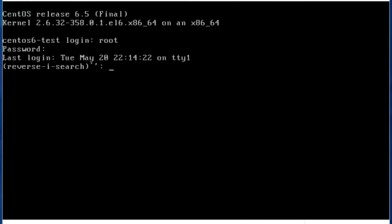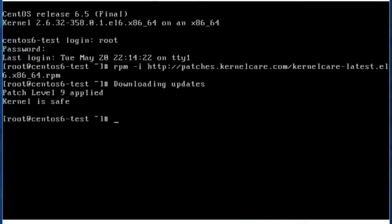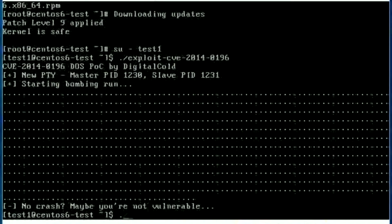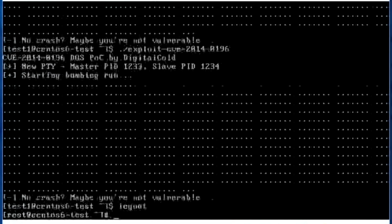All it takes is one command to deploy KernelCare. KernelCare will automatically detect running kernel and apply updates for that kernel. Let's try to exploit it again. As you can see, we are no longer vulnerable because the latest patch was applied and without the need for